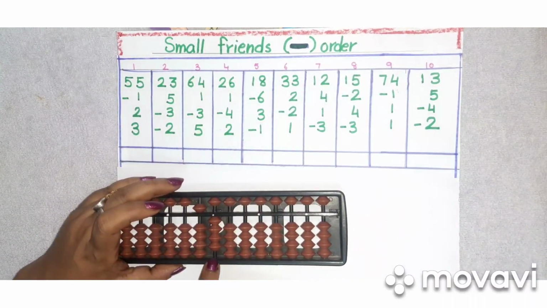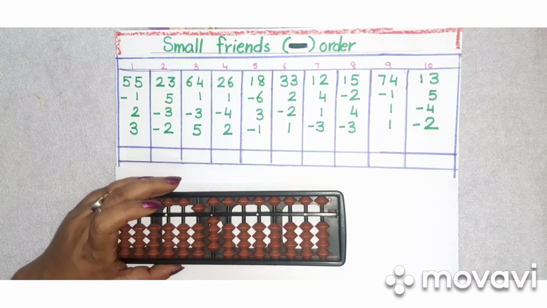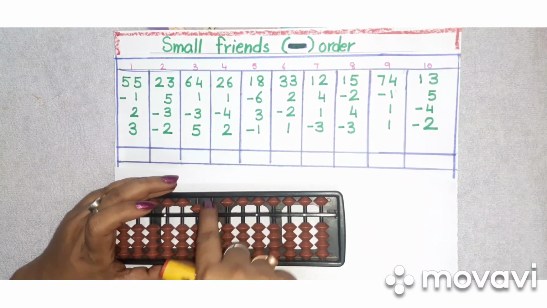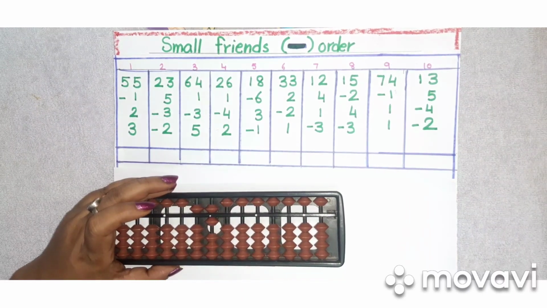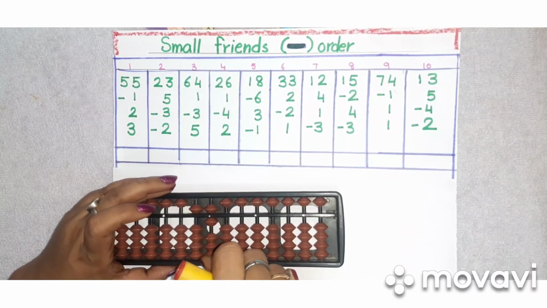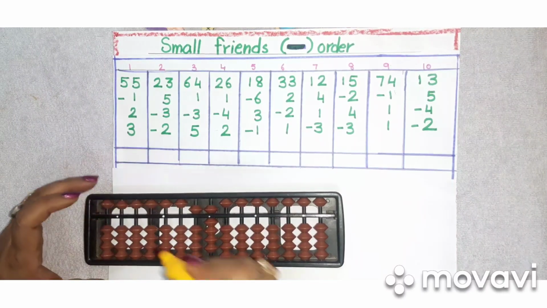Now children, it is 2. Can we add 2? No. In this case, what are we going to do? We are going to follow the add friend order. So add your boss 5, less your friend 3. And now 3 is directly available, children, so we can add 3. What is the answer now, children?